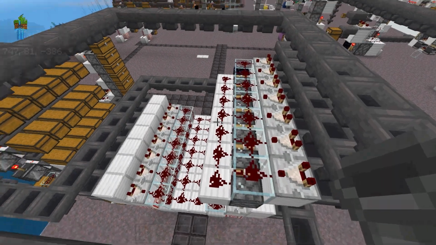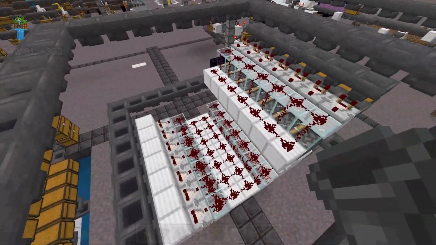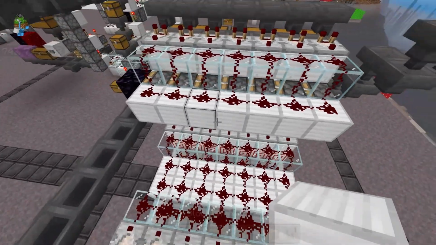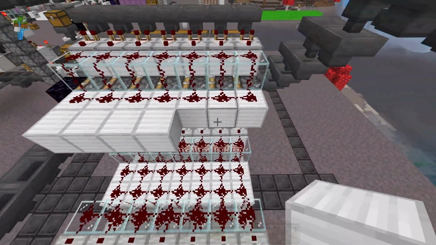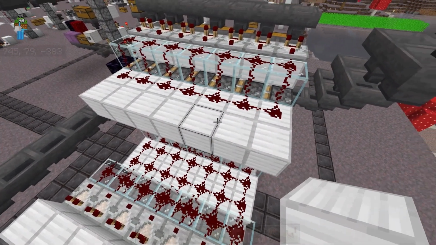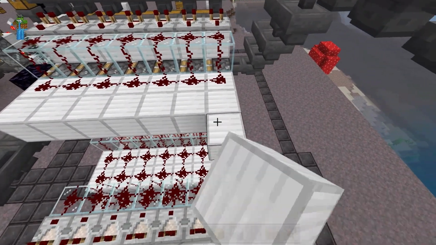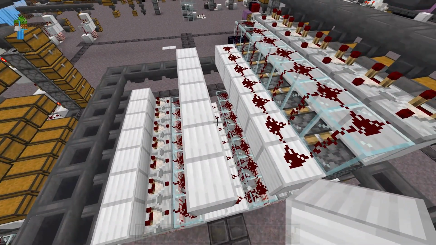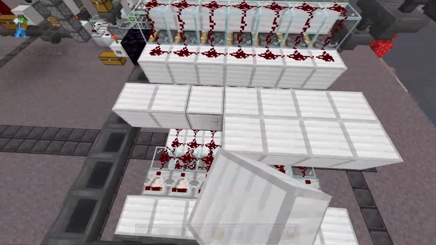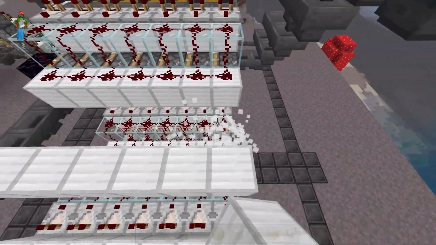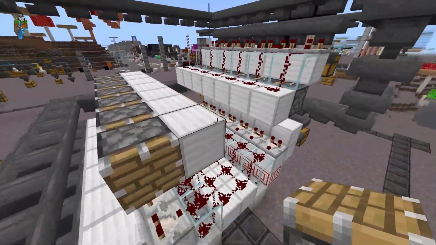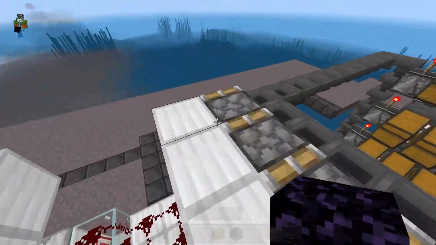But then when it comes to the non-overflow protected design, you can build these back to back as well with the redstone connected, but you will have the same issue that non-overflow protected always has, is that if it becomes overflowed, or if it fills up completely, it will reach a signal strength of 3, which will interact with the nearby cells. So you could always just leave a gap in between them if you're going to buddy them up next to each other, behind each other. This will make it completely safe since the redstone's not connected.